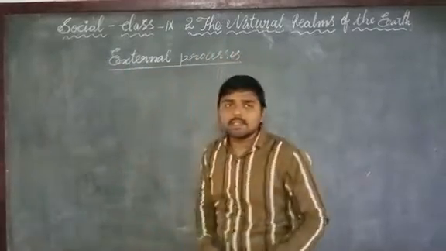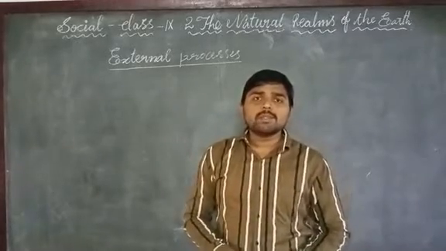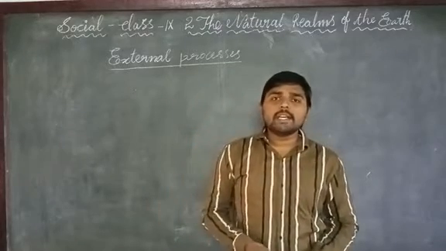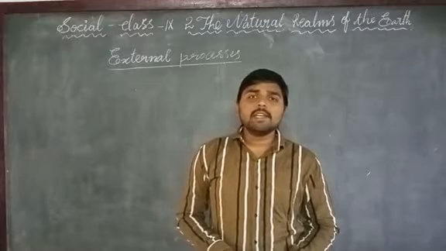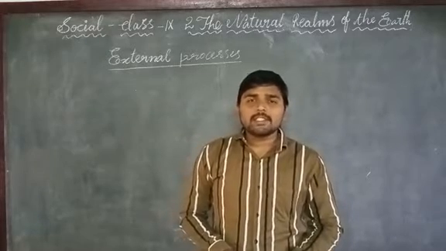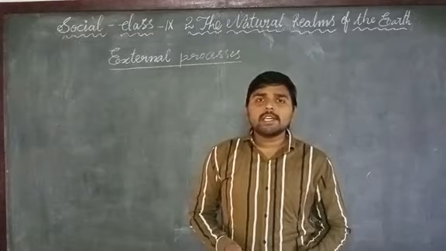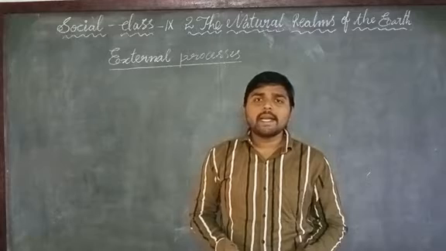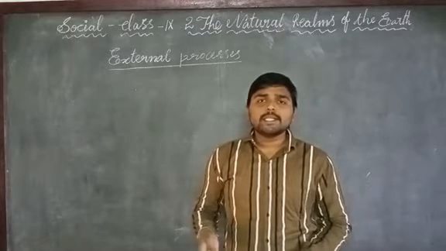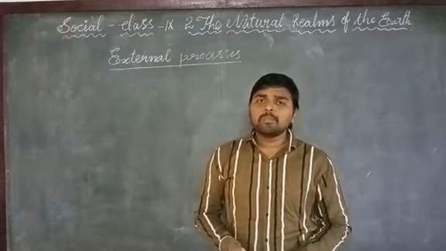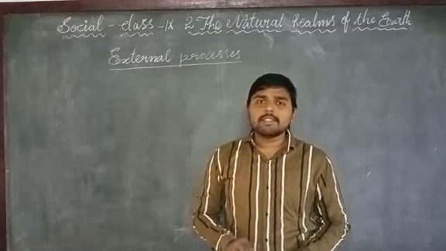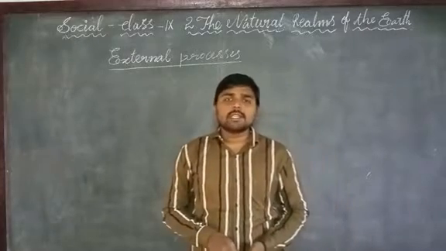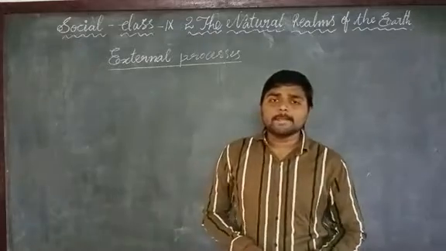From the previous classes, we can say the landforms were formed due to some internal processes which happen between the underlayers of the earth. We can conclude that the first order and second order landforms were formed due to plate tectonics and the movements of plates. Now let us see how landforms were formed on the surface of the earth by some external forces or external processes, by wind and water.